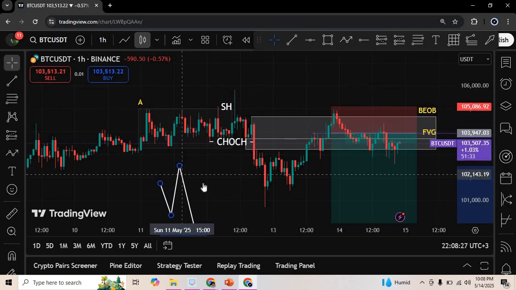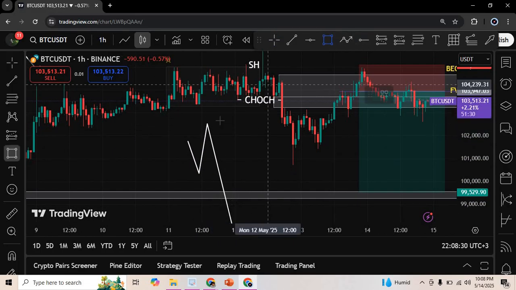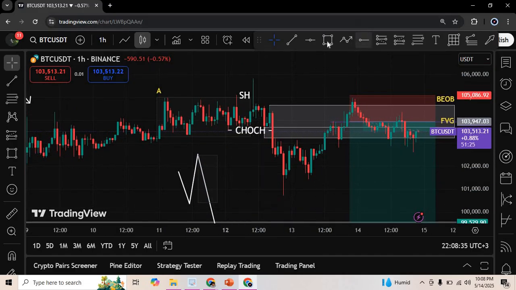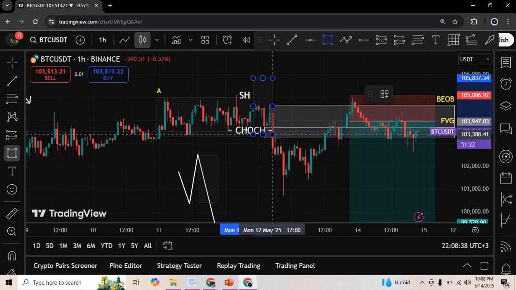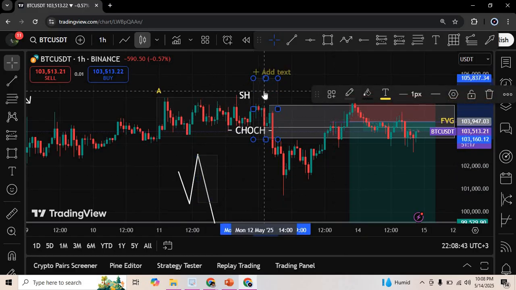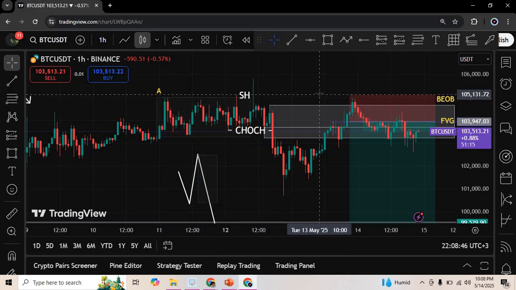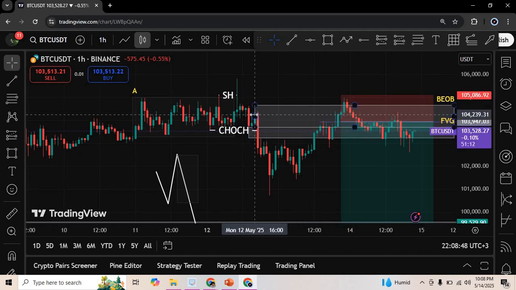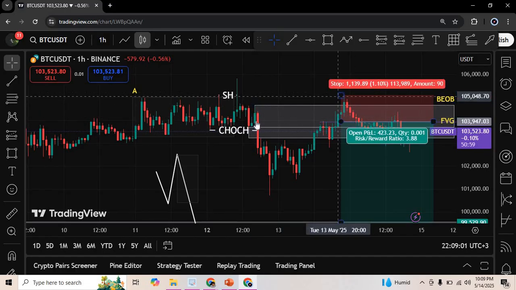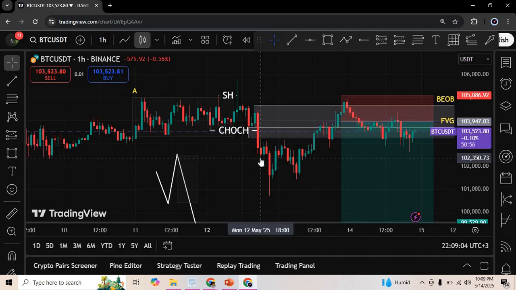If I move this, you'll be able to see that our Quasimodo level is on this leg right here. And if you look at that leg right here, which POI do we have at that juncture? We have not mentioned that before. Number one, you're having a bearish breaker block on that leg. It coincides on that. If you can see that, thumbs up. Our bearish breaker block, the last green candle before a sell, thumbs up.